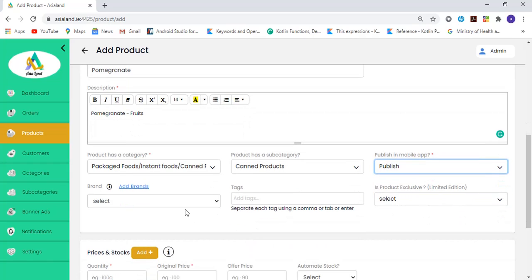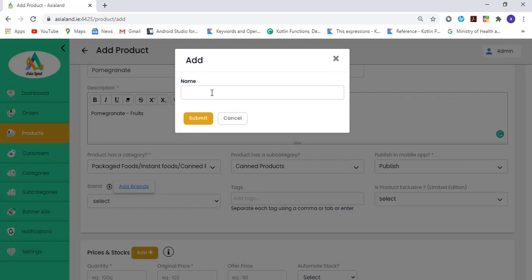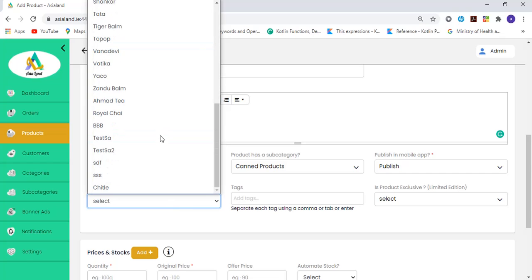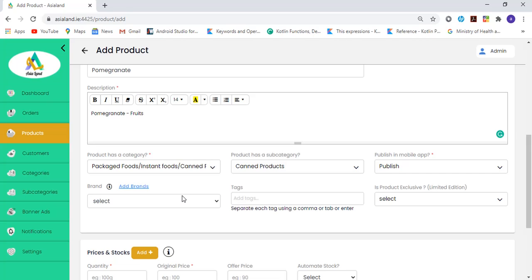Brands. If you want to add any new brand into the list of brands, you can click on this add brand button and enter the name of the brand you want to enter here. We should keep in mind that if we add a brand from the button provided here, all the details in the text fields will be cleared and the brand will be added. Keep in mind that we will need to enter the product details again. So ensure that the brand you want to add is already added into the list. Let's mention the brand of this product from the list of brands provided in the drop down.